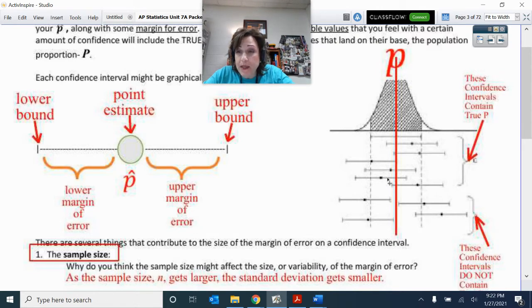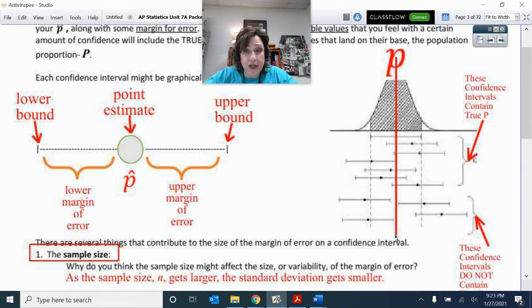Now look at what has happened. All of these people's samples, these top ones, the dot is the p hat, and then that margin of error takes you to the lower bound and the upper bound. All of these ones actually captured or contained that true population answer. But there were, and there will always be, a few. So these ones down here, here's what it would look like if you got a p hat that, when you made your interval, didn't actually capture or contain that population amount.